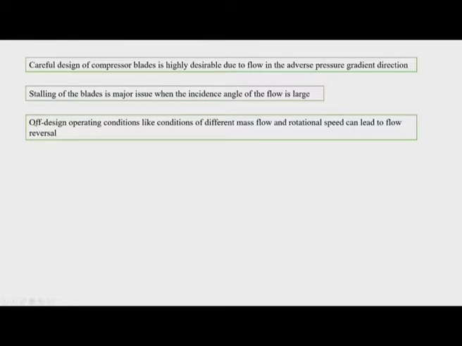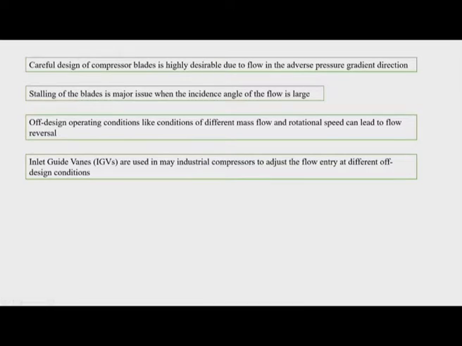And then off design operating conditions are again problems for such conditions, which are rather reasons for the stalling. So, stalling would lead to flow separation, and the reason for stalling is off design operating conditions of the compressor. Compressor is designed to work for certain mass flow rate, compressor is designed to operate for certain RPM, but if it is not operating for those conditions, then the blades would experience the different angle of incidence of the flow, and then that would lead to stalling of the blades.